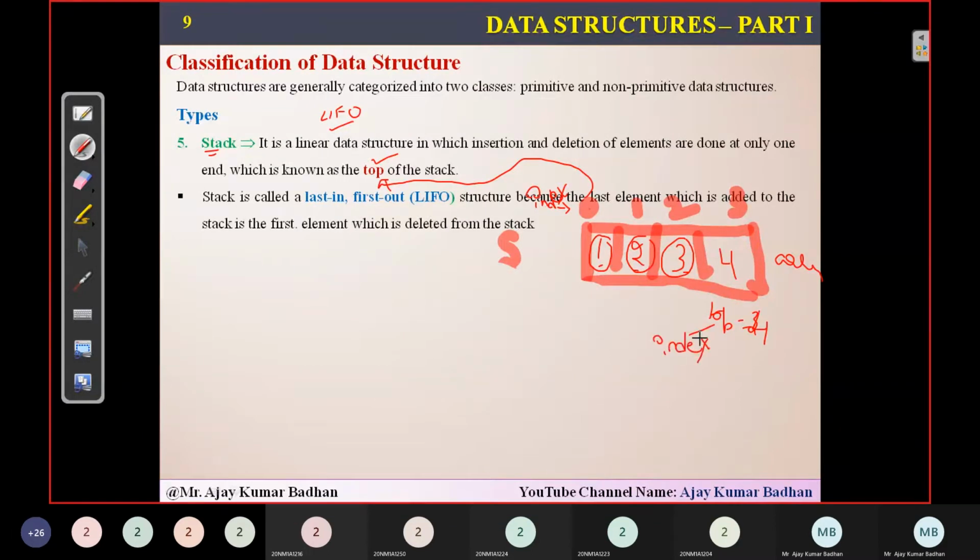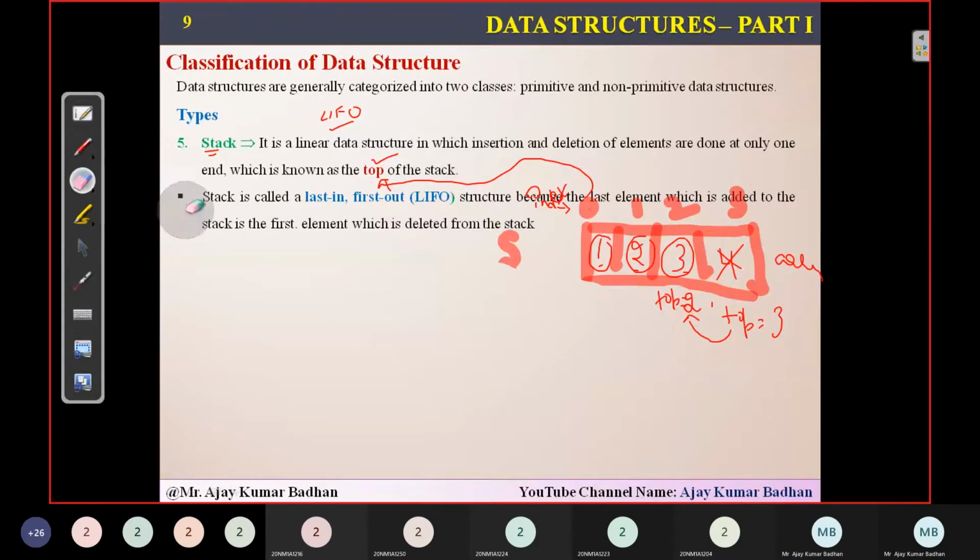And remember, when I wanted to delete, what is the position we have exactly? What is the last element we have here? That is number 4, which is present at top equal to 3. So whenever I want to delete an element, I am going to remove this element first, at top equal to 3. Now this element is removed, then top should be decremented. Decremented means it will go to the previous one. So here the top will be pointing to the second position, top equal to 2.